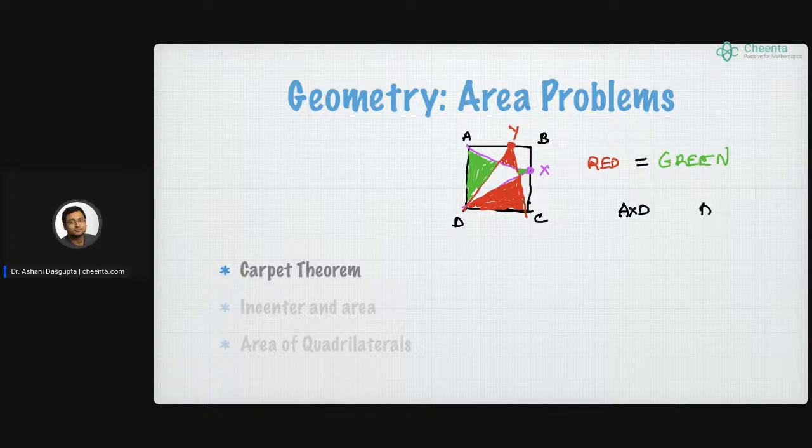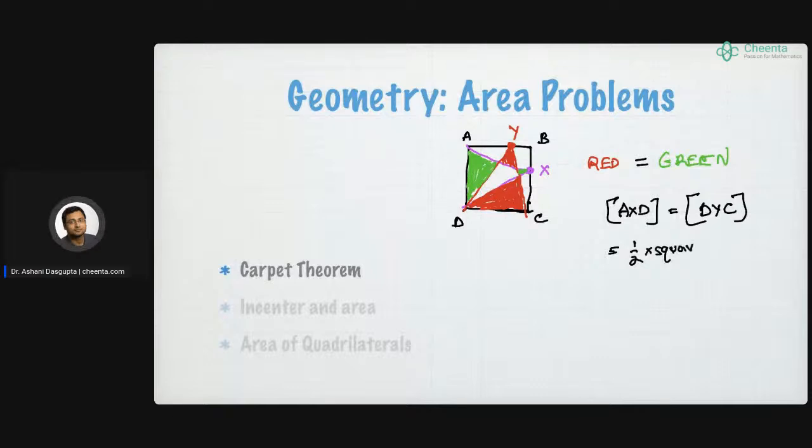AXD and DYC, these two triangles have equal area because they are both half of the square, right? So you can check that out, that both of them are half of the square. Okay, so then the quadrilateral which you have left out in both the triangles,